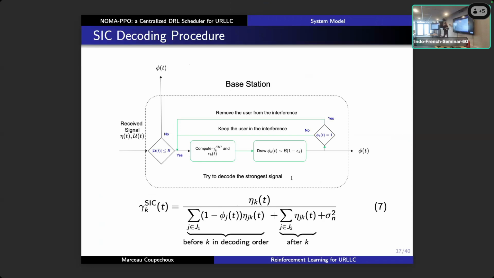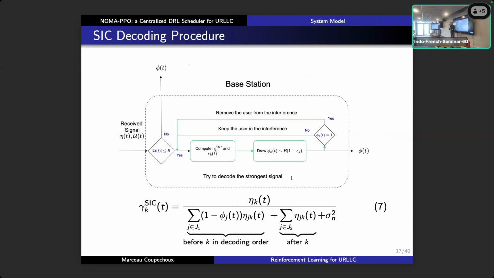Then we have introduced some SIC decoding procedure. The idea is the following: we receive the signal, we have eta, which is the set of received signals. We have U of t, which is the set of active users that transmit a packet. We have a hard constraint, as proposed by most papers in the literature on NOMA. It means that if more than B users are transmitting, there is a collision anyway and the base station cannot retrieve the signal. If that is not the case, we compute for the first user the SINR, assuming that the other signals are interference, and we compute